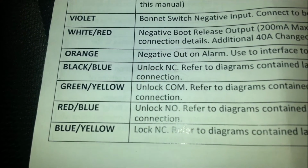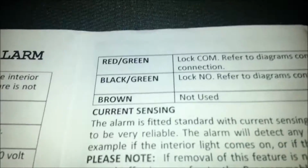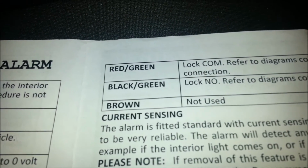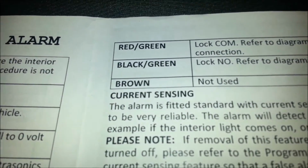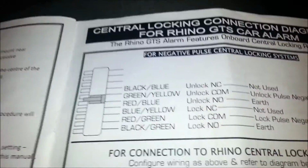We have black, blue, green, yellow, red, blue, blue, yellow, red, green, black, green, which are all to do with the central locking, and then brown isn't used. So if we turn the page over and have a look at the central locking,